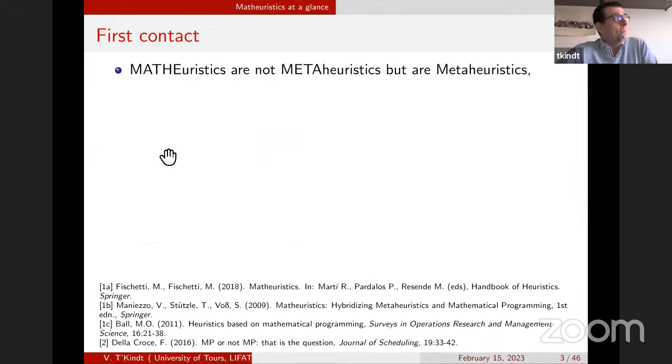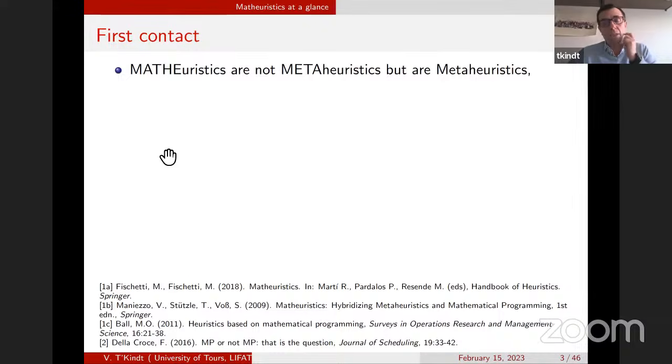In the past, when I spoke with people about Matheuristics, and I said, you know what, I'm doing Matheuristics, people heard meta-heuristic. There was a kind of mental bias. Well, Matheuristics are not meta-heuristics in the sense of genetic algorithms or whatever. They are very particular kinds of meta-heuristics. So that's why I wrote: Matheuristics are not meta-heuristics, but kind of sort of meta-heuristics.